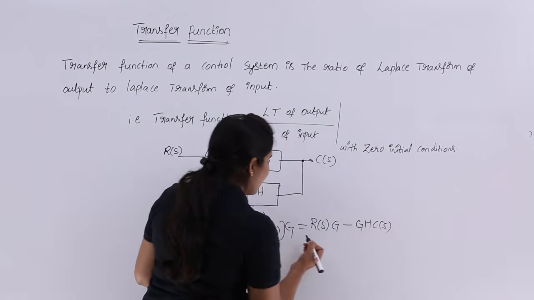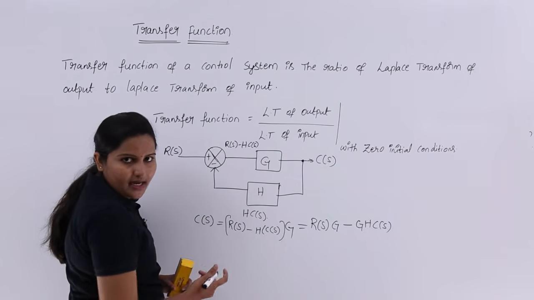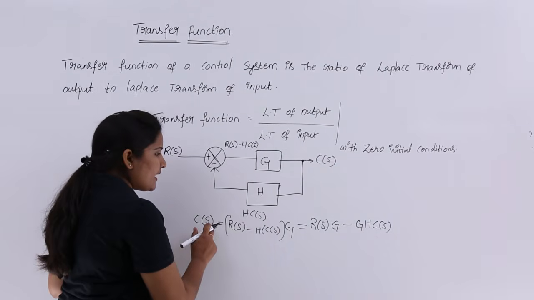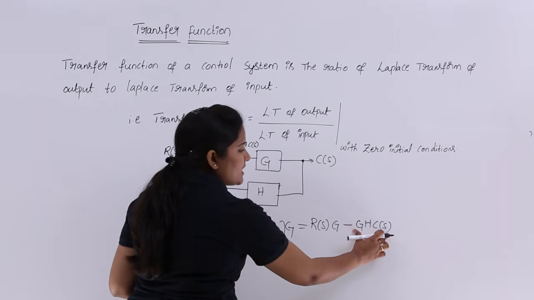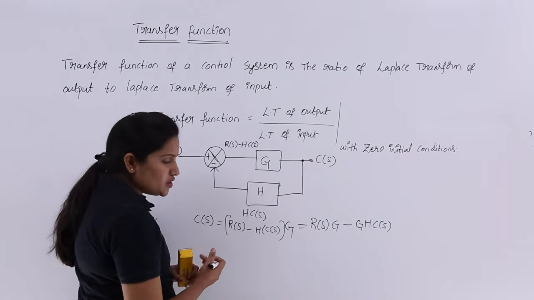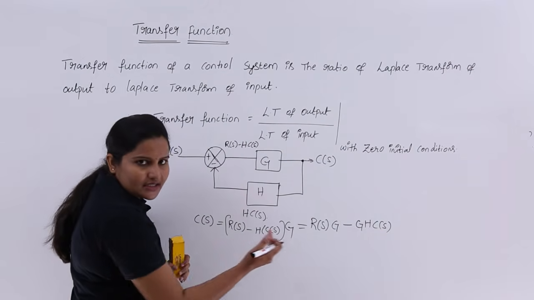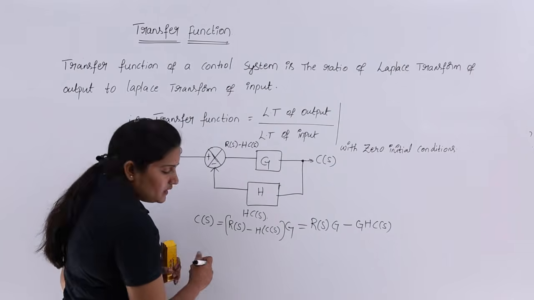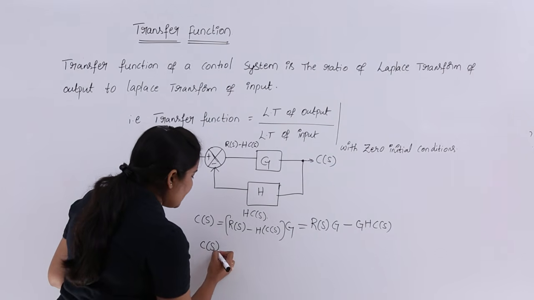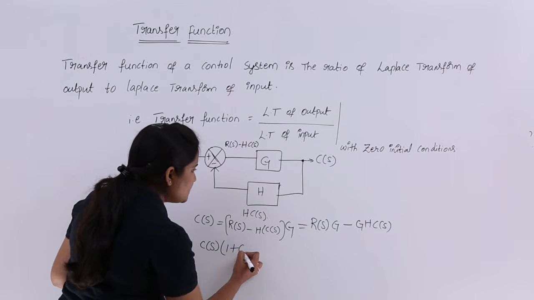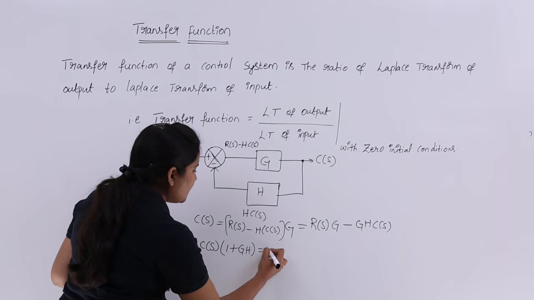I am just multiplying G inside. Here I have C(S), and another C(S) here. So, now I can take that C(S) to the left side. I can take C(S) common: C(S) times (1 plus GH)